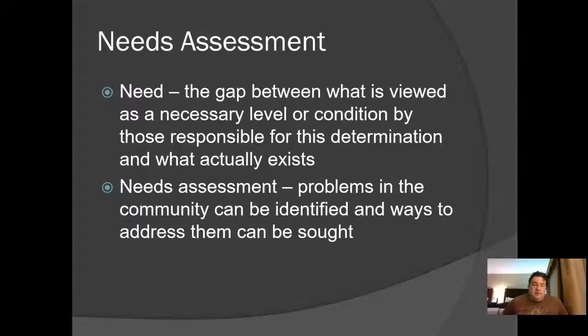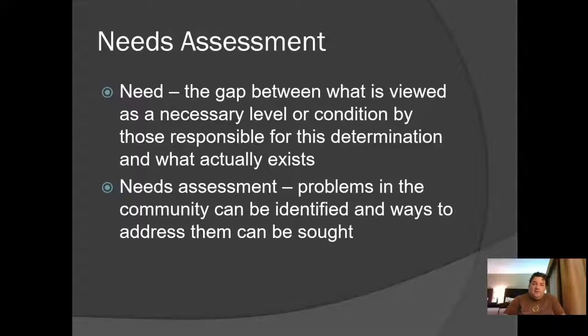So, for instance, somebody emailed me asking if it is okay to do one for eating disorders. And it is okay to do one for eating disorders. Just have the evidence in your needs assessment that shows there's a need for an eating disorder clinic. So, things like that. That is what your needs assessment is going to show. Is there a need for this?